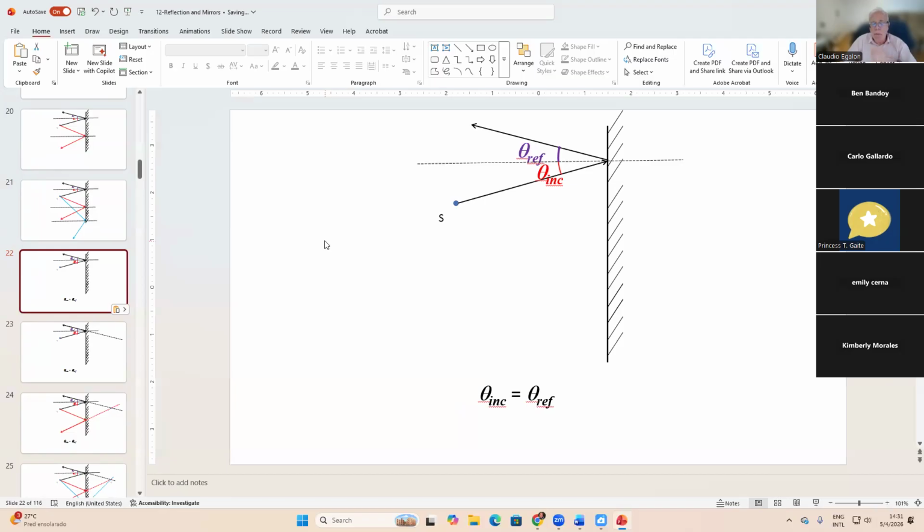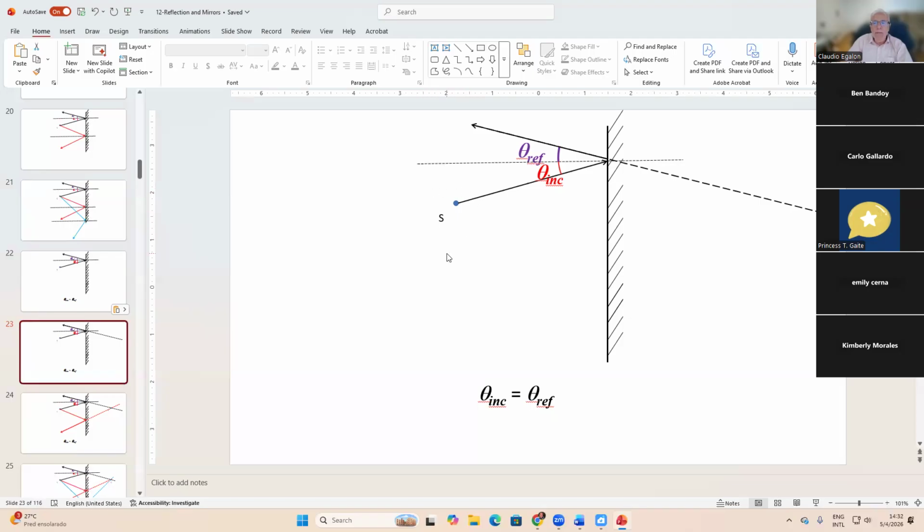So what else do you have to do, right? You have to draw this reflected light ray, and on top of that, you also have to extend the reflected light ray, just like I extended here with this dashed line. Okay, and in order to determine the position of the image of the source,